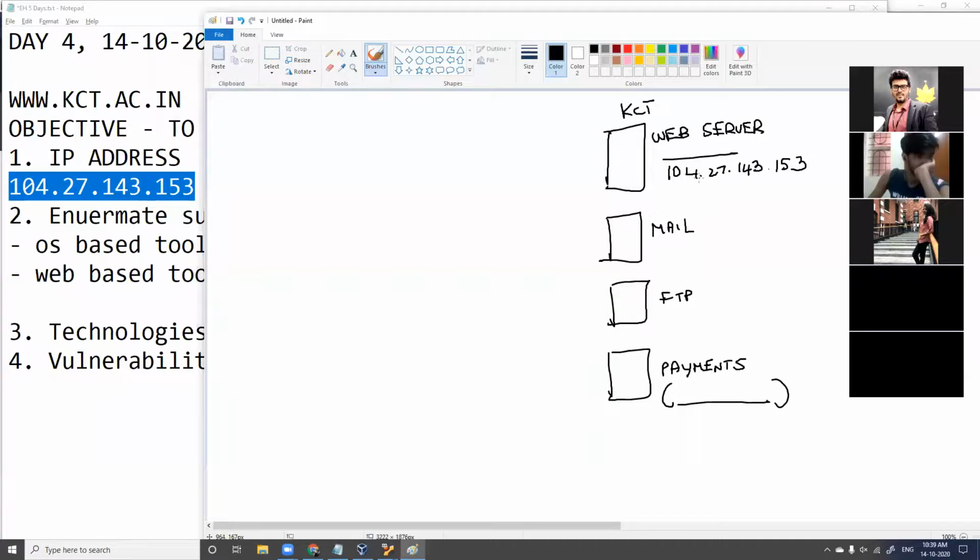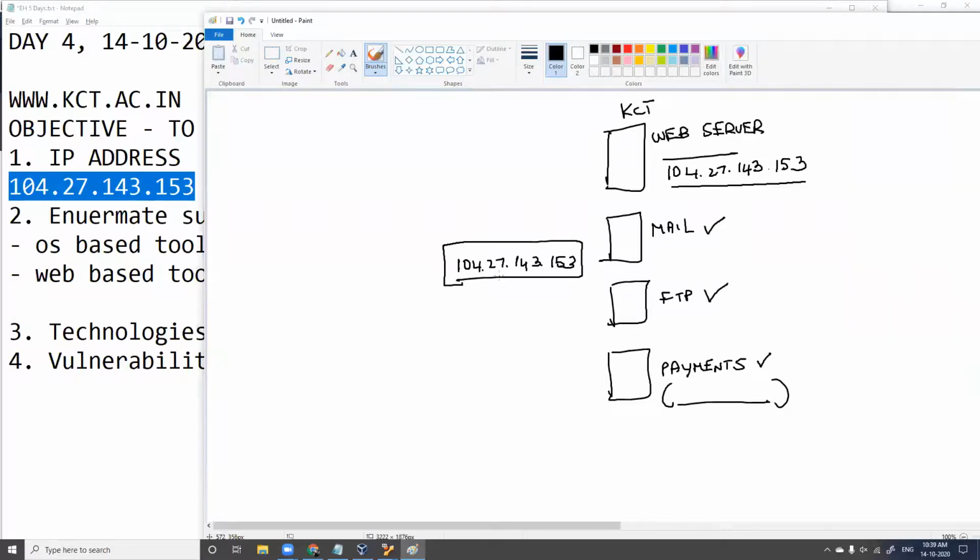That's perfectly fine. And all other servers here, mail server, FTP server, and payment server, they can have a single IP address like this. This is possible, fine. In case all these servers have a single IP address, 104.27.143.153, if they all are hosted on a single IP address, it means their network infrastructure is very weak.